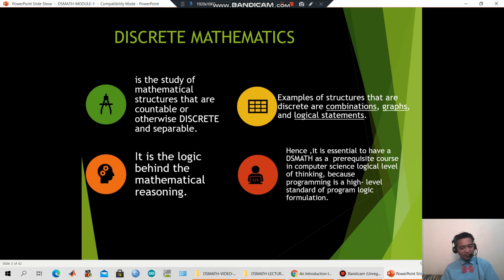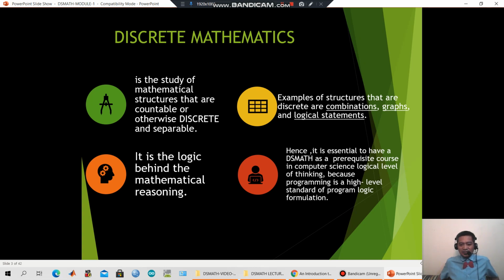And by the way, let's compute that 6/42. How many combinations? We can compute the number of combinations so we can know our chance. What is our chance in betting on those games? Okay, hence, it is essential to have this discrete math as a prerequisite course in computer science and other major